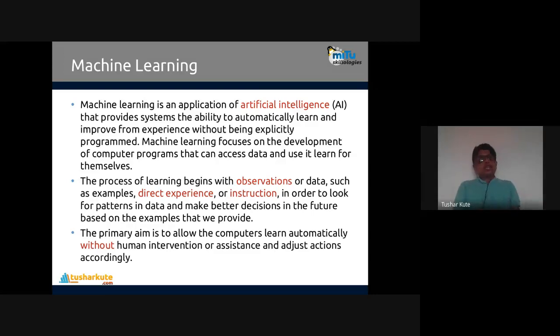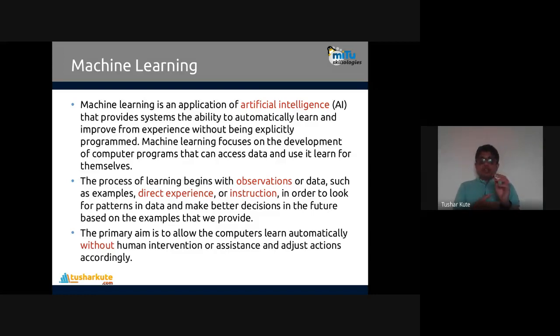The same thing will apply to computer algorithms. Computer algorithms will be provided our data set, our experience, our observations, our examples, instructions. The algorithm will learn from that. Learn means it will build a data model within the machine learning technique. And once the model is created, it will automatically perform the operation of taking a decision out of it. Machine learning focuses on the development of computer programs that can access data and learn from it by themselves. So they have self-learning ability. Self-learning, that's what we call machine learning.